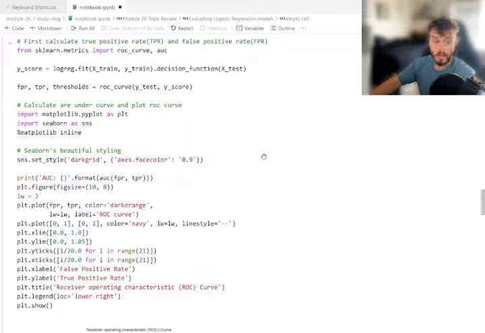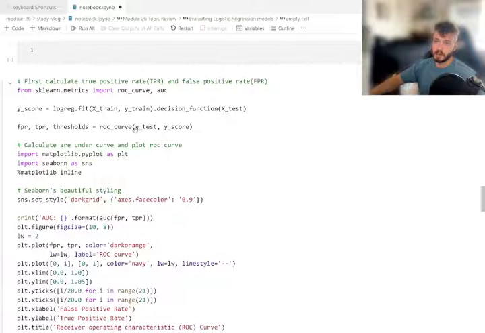Scikit-Learn in the metrics module has some functions that make this pretty easy for us to calculate. It's ROC curve and AUC. So we're instantiating our model and we're fitting it here. We're calling this decision function, which I need to read the docs on a little bit more. So we do that to declare this variable y score, and we pass that in along with our